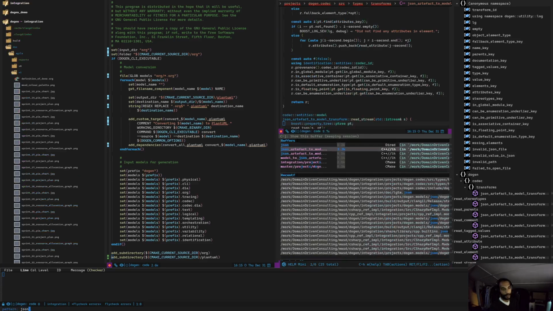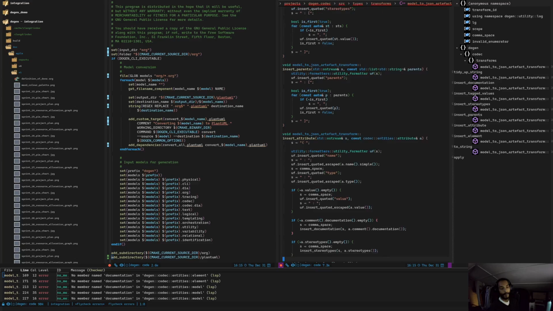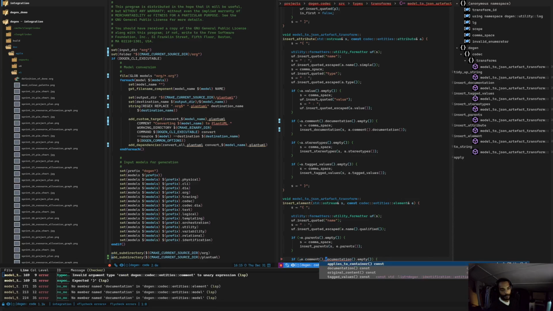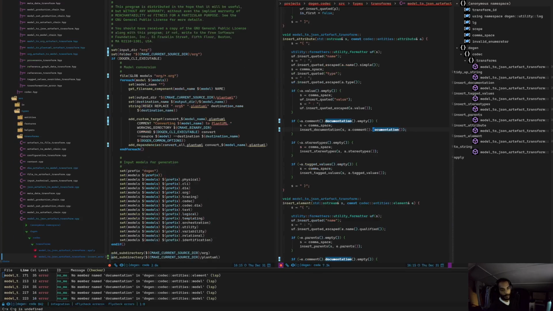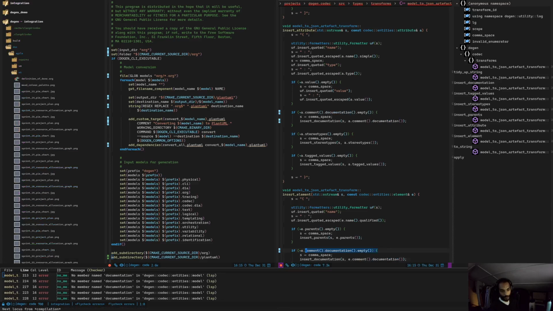Again, JSON codec, but the other end. So here we can just basically say comments.documentation.empty. So fairly straightforward changes. And we'll just keep going. So in theory, all that should happen here now is, interesting. Oh, there you go. All that should happen here is